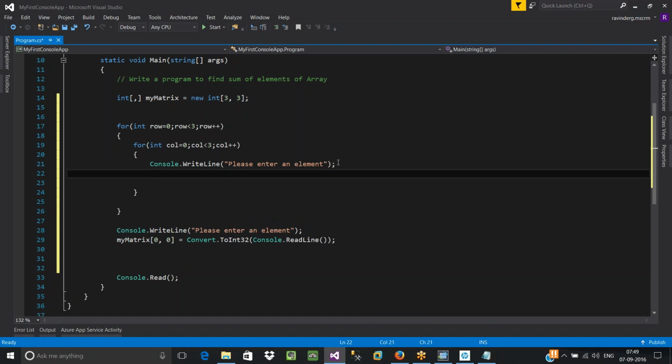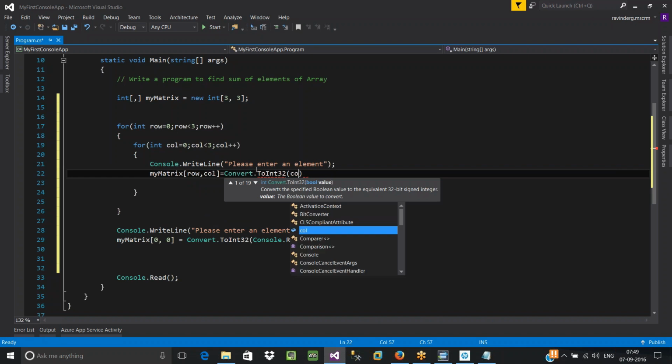What is the address of this location? My matrix name is myMatrix[row, column] is equal to Convert.ToInt32(Console.ReadLine()).